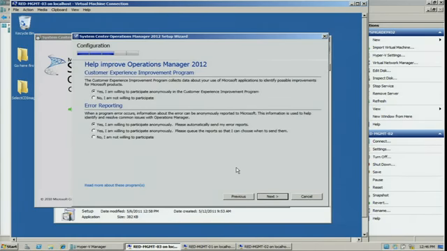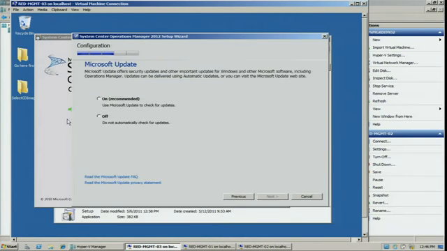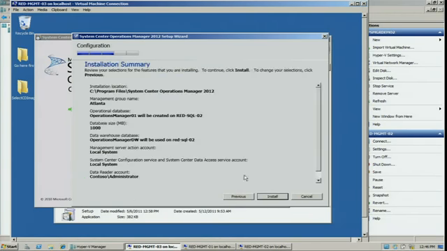So this is the very typical customer experience program screens that we had in R2. And so, of course, we'll go through and answer yes to both of these. And the Microsoft Update screen, so it can go ahead and check for updates. And then you'll have your installation summary. So that's a walkthrough of how you would install your very first management server in a new management group in 2012. If we back this up,